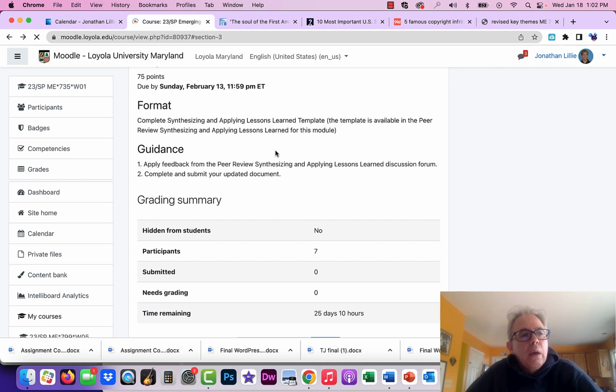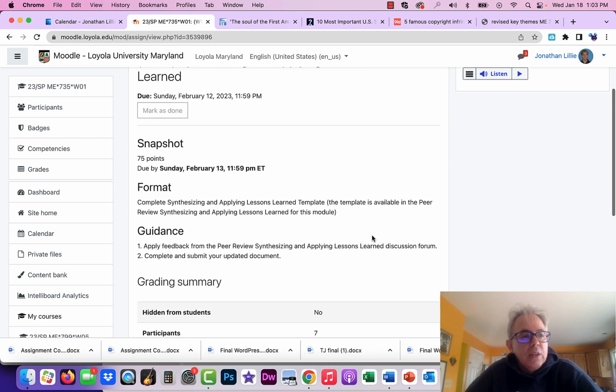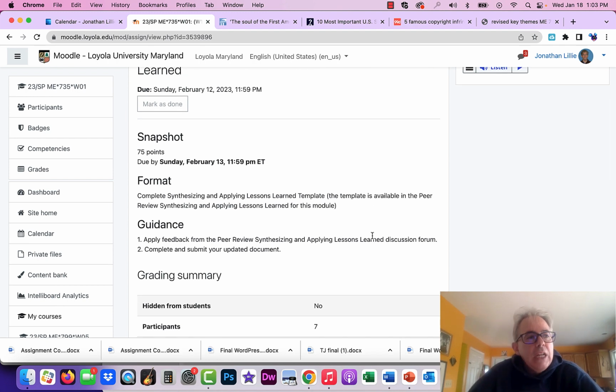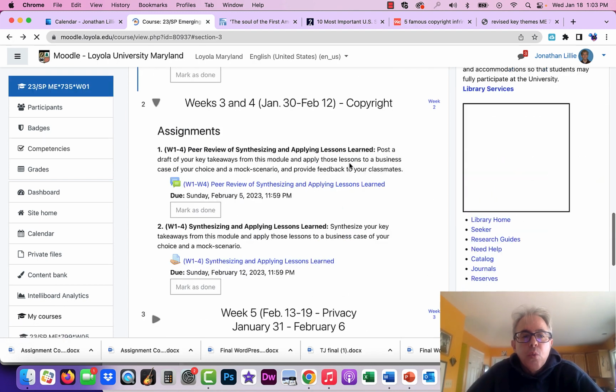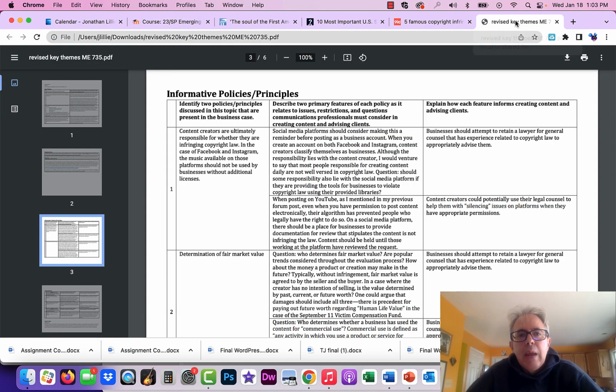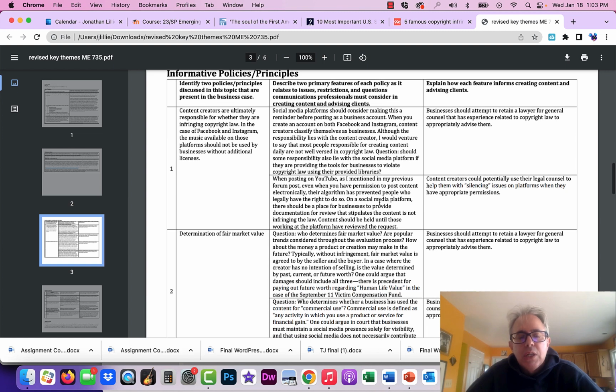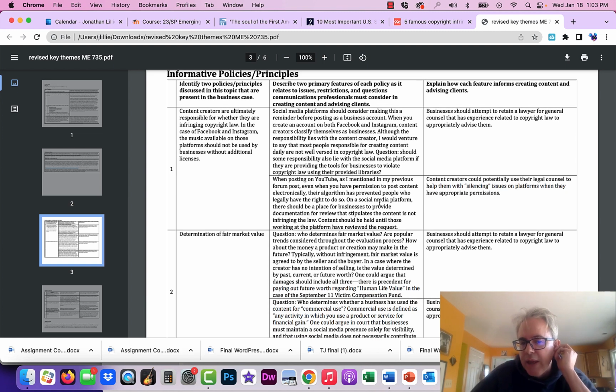So, and then again, let's go back. We're using the same template for this one. So each one of the modules is going to go through the same process. And I will give an example, because when I came back to look at what the student did, it was useful to see some practical application. So I'm going to come through and give an example of what a student chose to do in each one of the modules, just to see what the final version looks like, because in this final version for week 3,